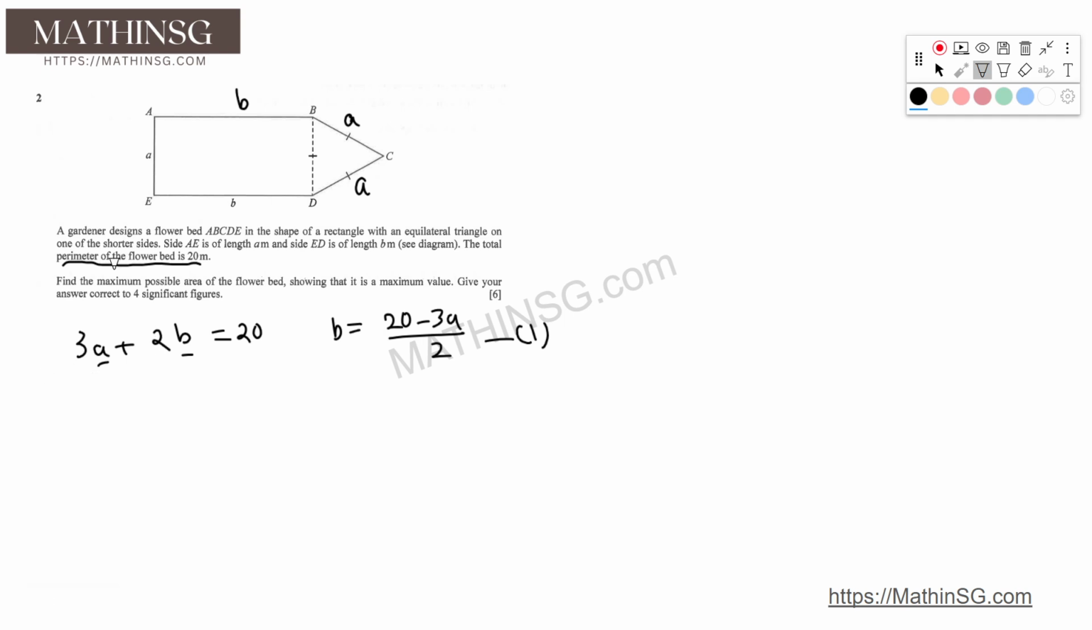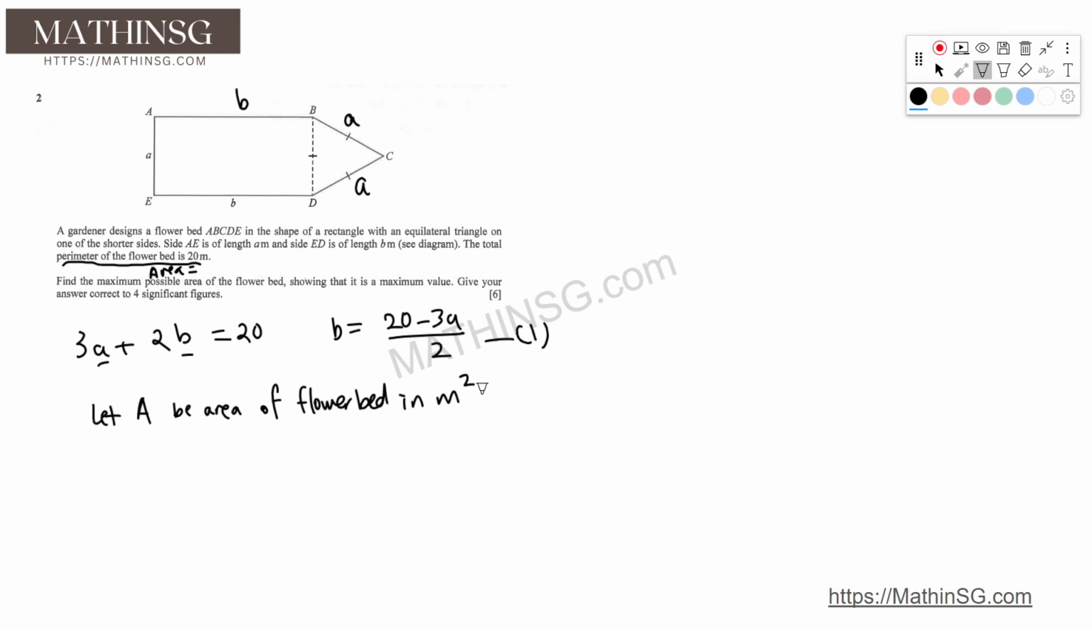Next, find the maximum possible area. So I want to find the maximum possible area, and I want my area to be in terms of either a or b only, not both. Then it is easier for me to do the differentiation and then find the maximum or minimum. So let's do that. I'll let uppercase A be the area of the flower bed